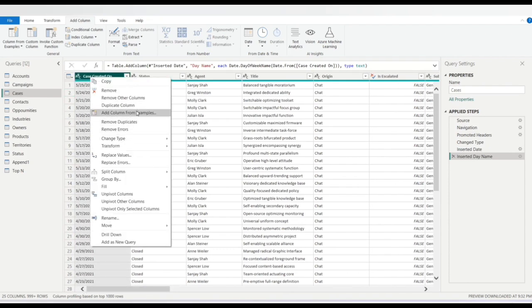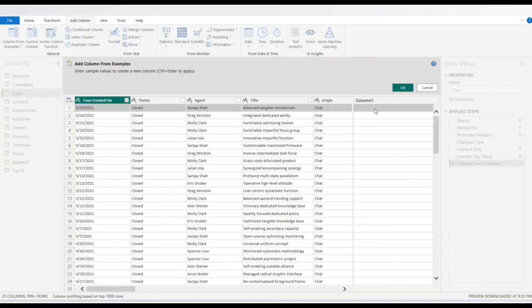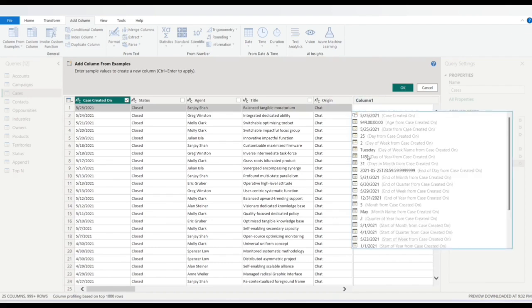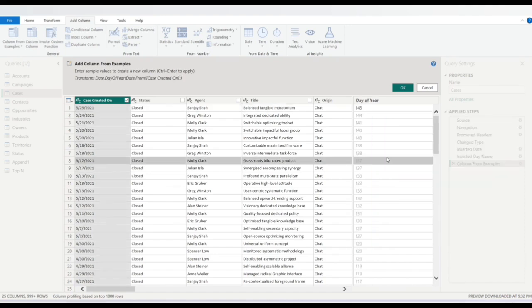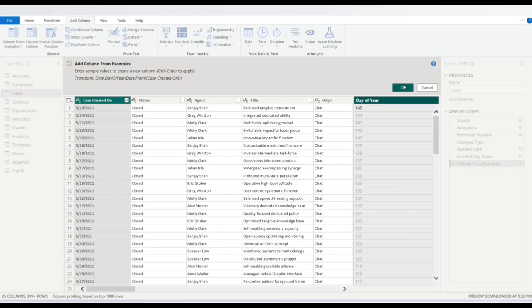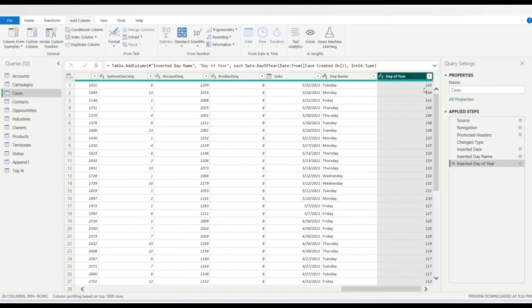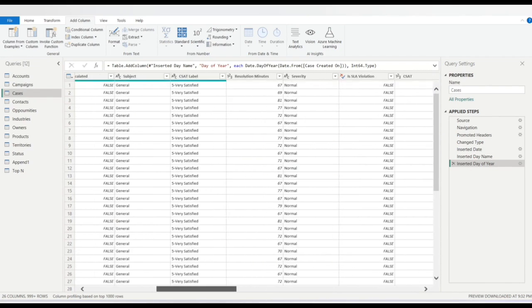One more thing we will extract: which day it is in the year. This also we have extracted, like 145th, out of a total of 365 days. And these also we have extracted. Okay? These are some of the ways we can extract. And now coming to